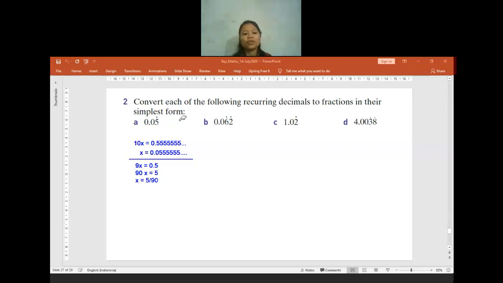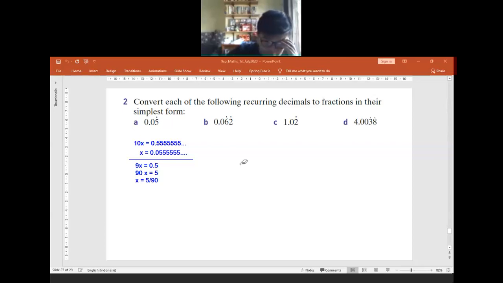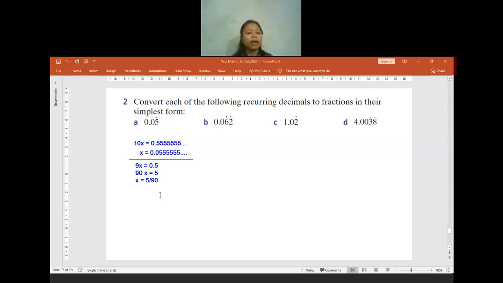Is there anyone who gets confused? Feel free to ask me any question whenever you get confused. Okay then, for the question, we simplify it, teacher, right? 1 per 18 then. Oh yeah, it's in simple form. Thank you for reminding me, Mike. It will be equal to 1 by 18.